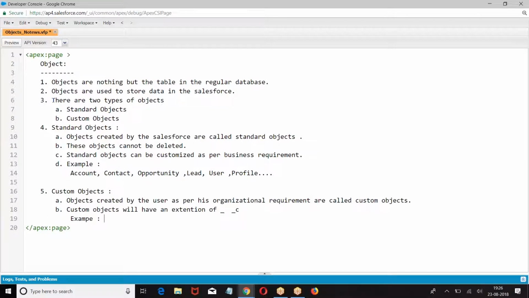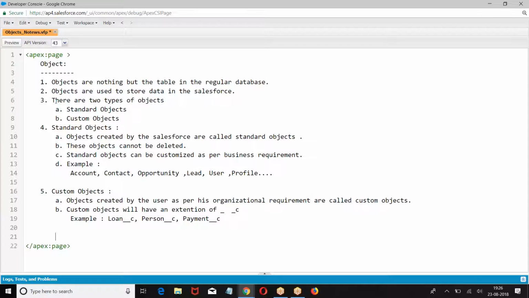Example, we have Loan__c, Person__c, Payment__c. This is what? Custom objects. So custom objects will have __c after the object name.